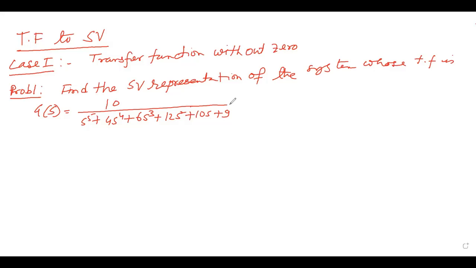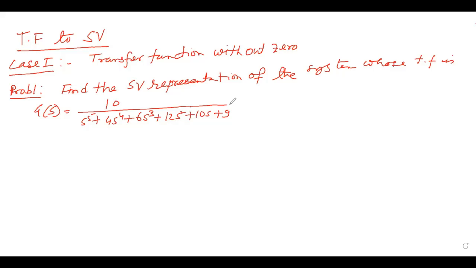On the other hand, if we equate the numerator polynomial to zero and solve for s, the corresponding values of s are known as the zeros. That means poles are the roots of the denominator and zeros are the roots of the numerator of the transfer function. Right? Now, since this system doesn't have any zero,